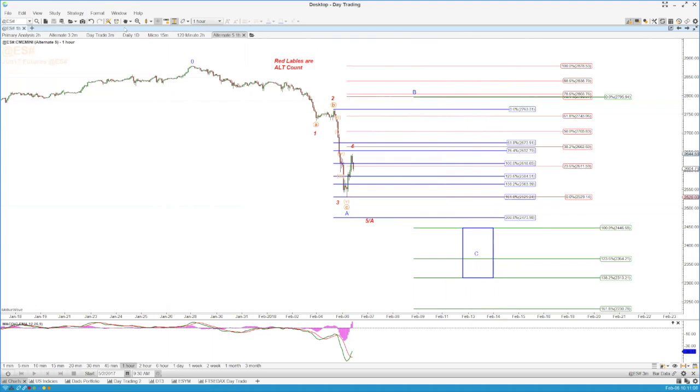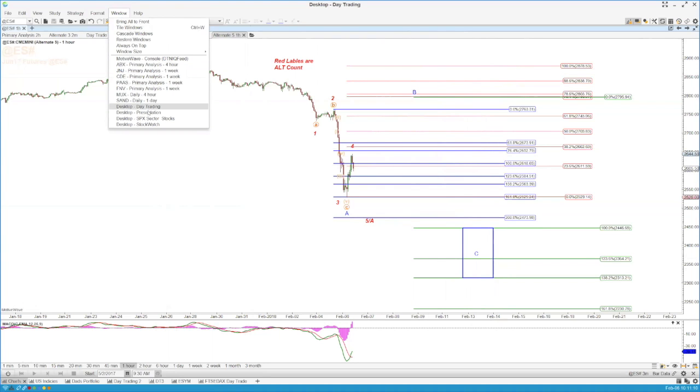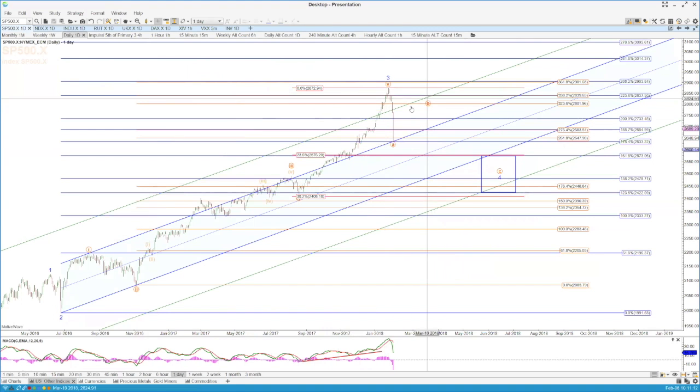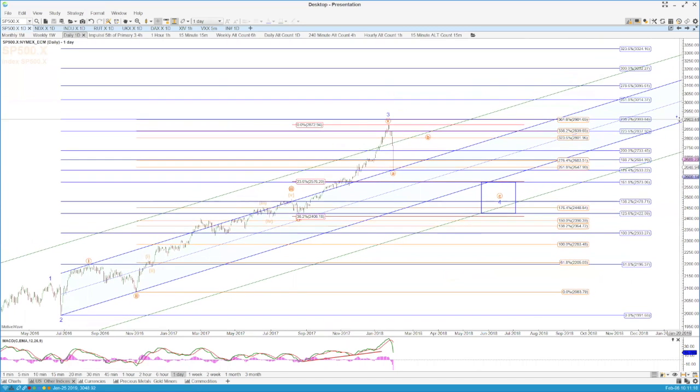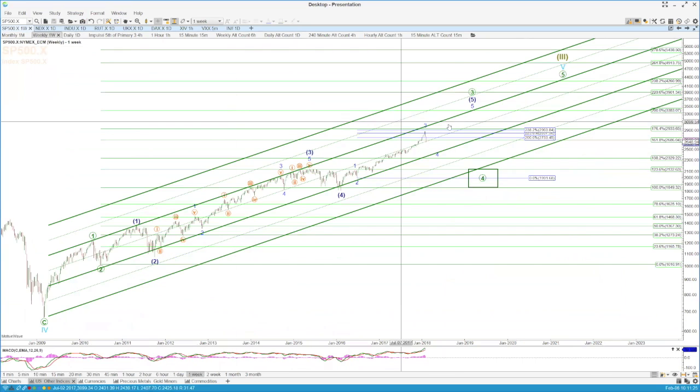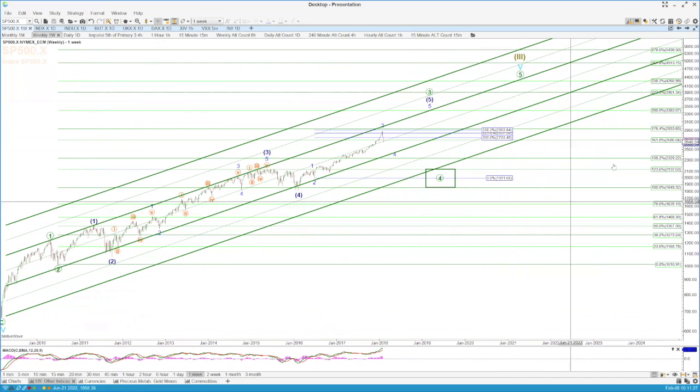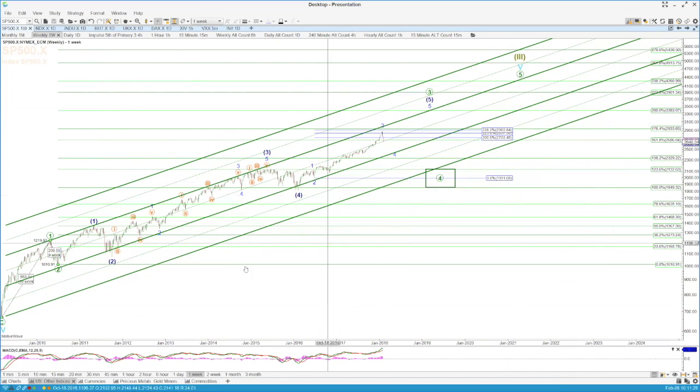So if I then go back to the S&P 500 daily chart, once we've completed this 3 and this 4, once we've completed this wave 4, we're then expecting this move up to one of these levels up here. If I go back to my weekly chart, the ideal would be the 2.0 extension here, which is the length of the primary degree wave 1 projected up off the low of the primary degree wave 2, and that comes in at SPX